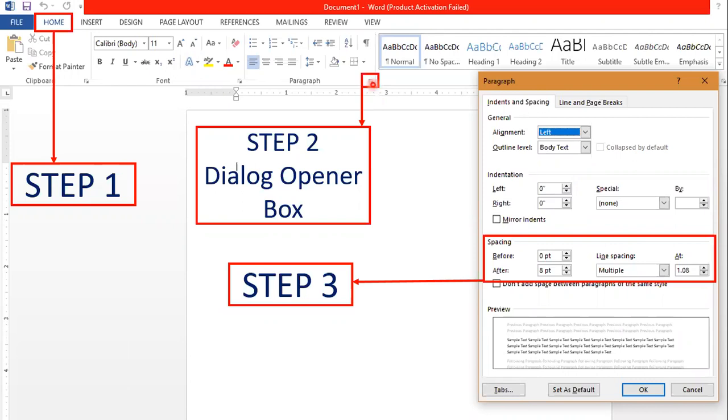When you click on this diagonal arrow dialog box opener, this dialog box will open. Here is the spacing option. These two spacing options are for the paragraph, before and after. And this is the line spacing option, through which you can increase or decrease the space between the lines.